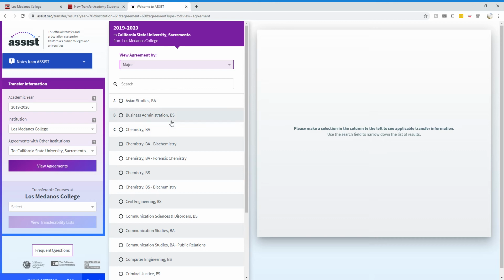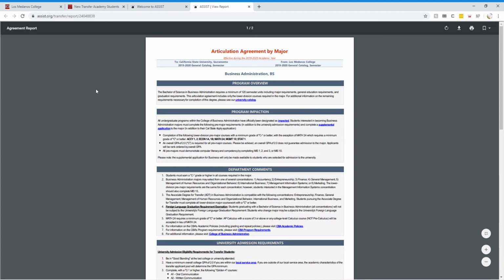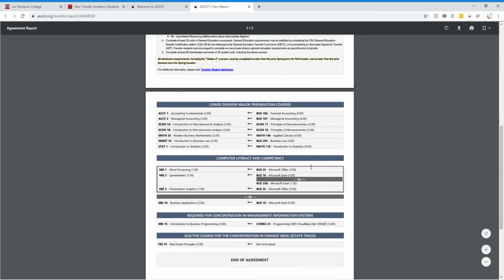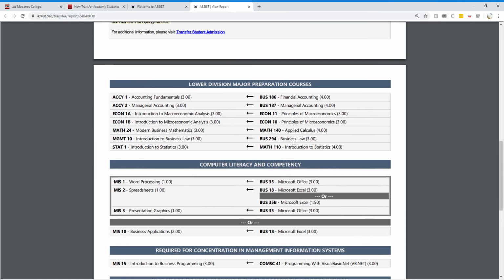So for example, you would click Business Administration, you would click View Agreement, and it'll take you to this tab here, and it will tell you all of the classes that you need to take in order to get into the school for the upper division classes. So for example, you'd have to take Business 186, 187, Econ 11 and 10, and basically this whole list of